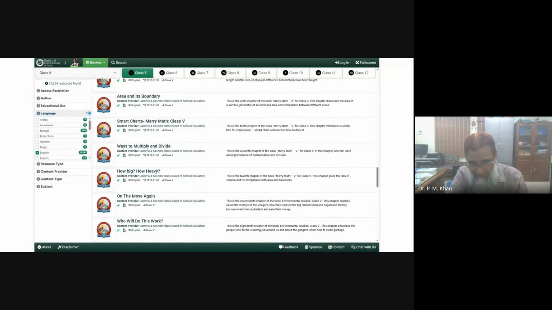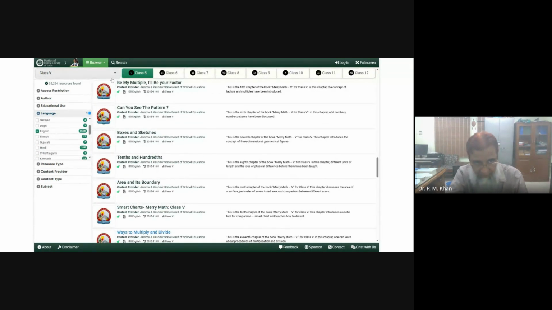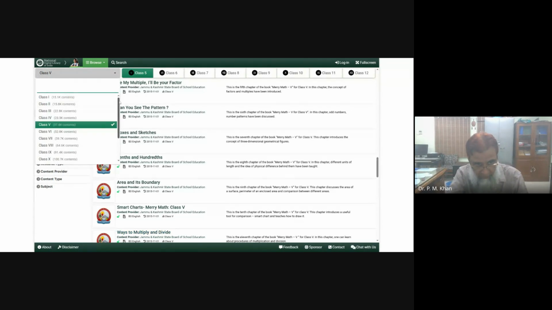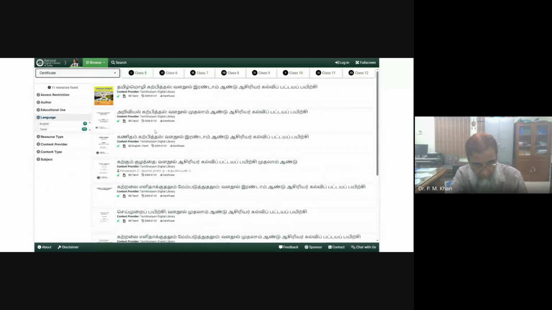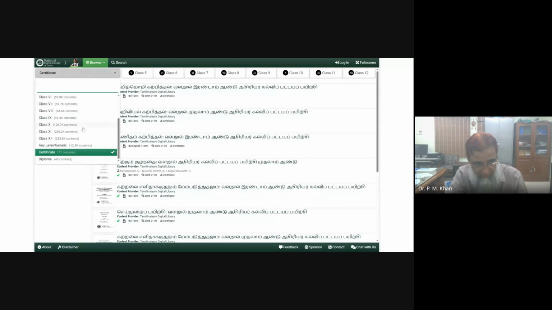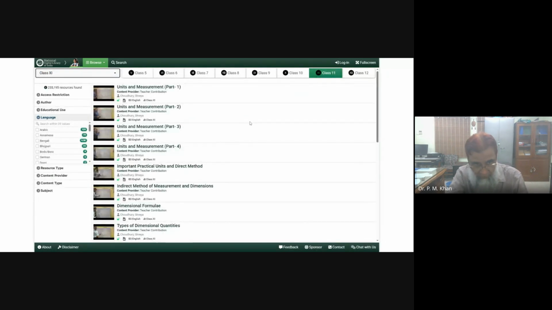Something like Environmental Studies class 4, you can see here. So I think the books have been digitized. Apart from that, it is not only books, there are so many other things that have happened. Let me show some other examples. Or some other language, a South Indian language has come up. So, let's say class 11, right? So we can see here that